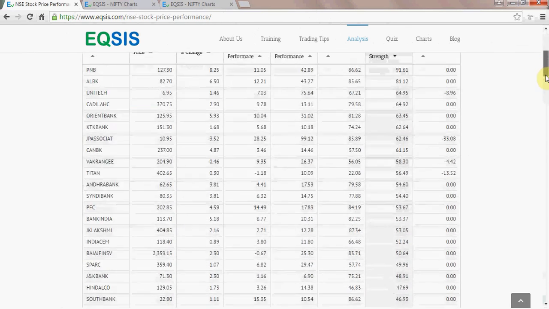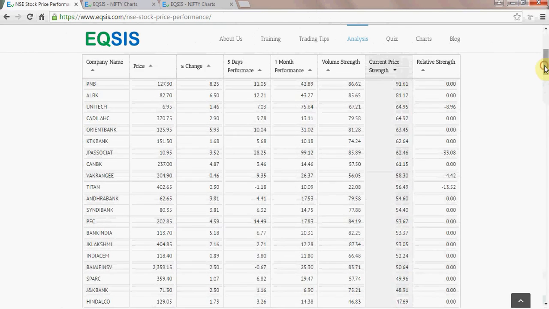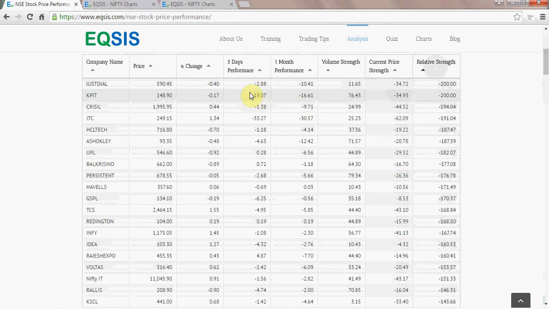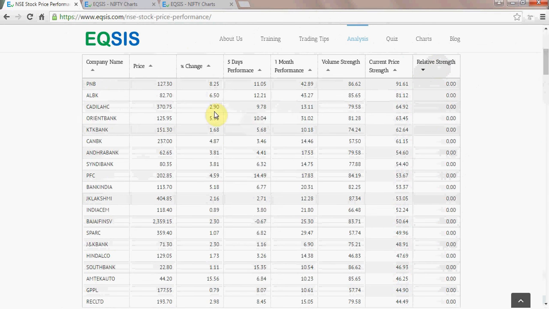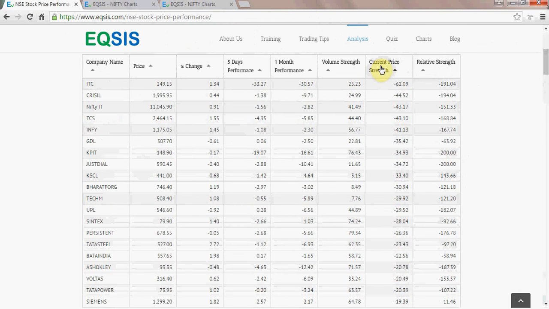I still recommend people to use these two columns as a simple process. First you click this and focus on the companies here, 4-5 companies or 5-6 companies. Then you once again click here. Then again 4-5 companies. So you don't have to study all 500 companies. Then once again do this current price